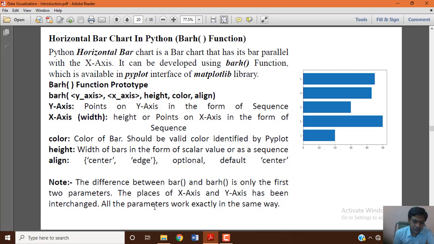All the parameters work exactly the same way. Other than exchanging the y-axis and x-axis parameters, everything else you used in the bar function works in the same manner in the barh function also. So that is how a horizontal bar chart can be created by using the barh function, and how we can make use of the different parameters.